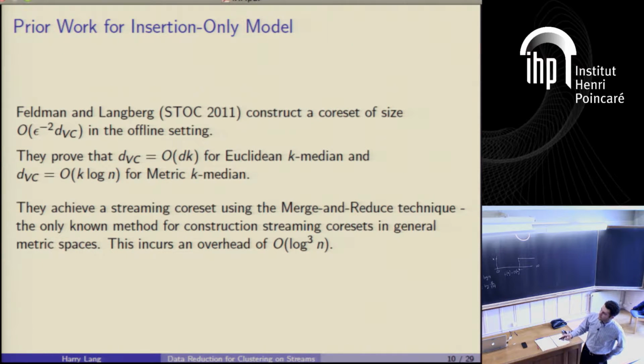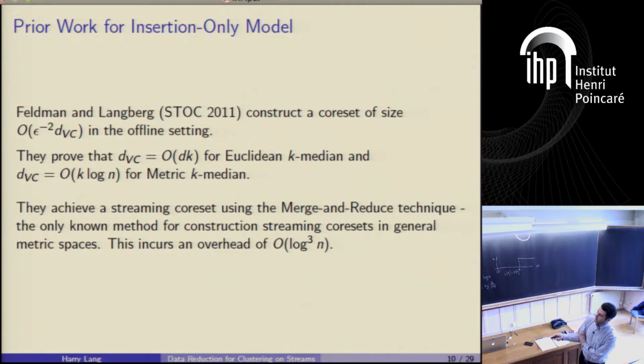Okay, so this is the technique that we were talking about. Feldman and Langberg have, in general, a core set of epsilon to the negative 2 times the VC dimension of the problem. There's another thing, sensitivity, which they define, which I'm not mentioning. So this statement is not quite true, but for this specific case, they prove the sensitivity for these problems is constant. So it's true in this case, at least. They show the VC dimension for Euclidean k-median is dk, and for metric k-median is k log n. So